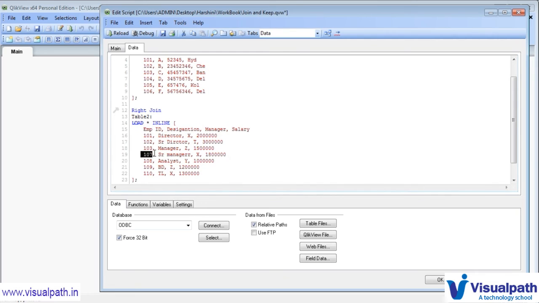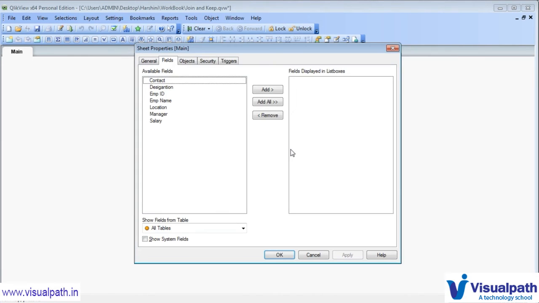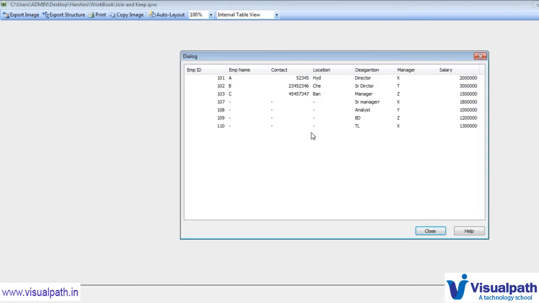But if you see 104, 105, 106, they are not in table 2. That's why we will automatically skip these 104, 105 and 106 employees. So for example, let me save this one and reload it. Once I reload it, I can close it, go to the table viewer and check the preview. We will see all the employee data from table 2 has come as it is.